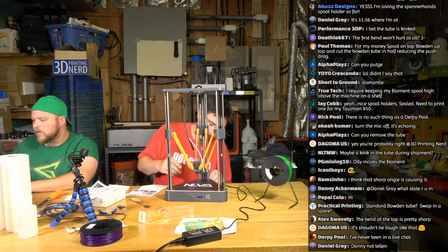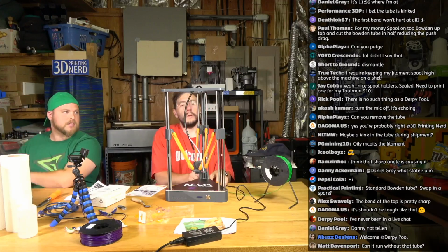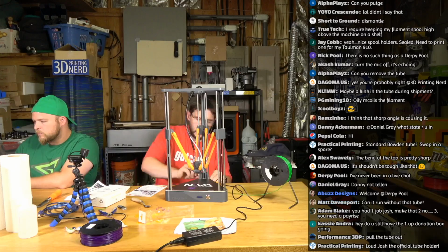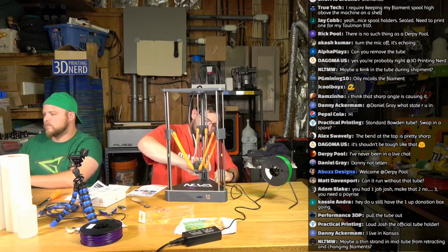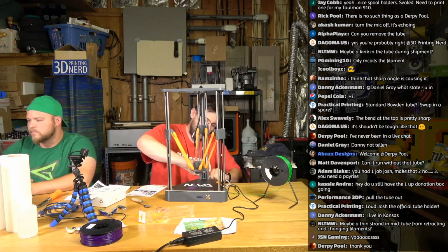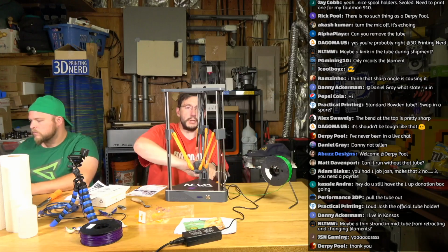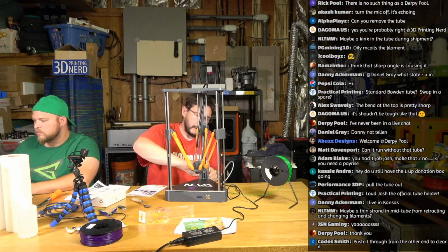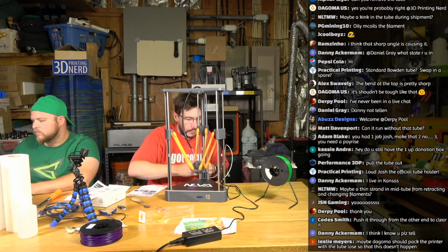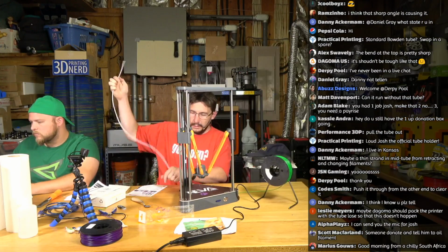Dagoma US says it shouldn't be nearly that tough. Okay. So maybe there's a kink or something else like that. Well, here, I'm just going to make a decision here. I'm going to pull the Bowden tube from the wire bundle, and I'm going to straighten it out, and then we're going to push the filament through, and we're going to see if it's binding. And with a straight Bowden tube, we'll actually know if there's something within the Bowden tube itself, possibly the inner diameter, that's causing it to bind, or...